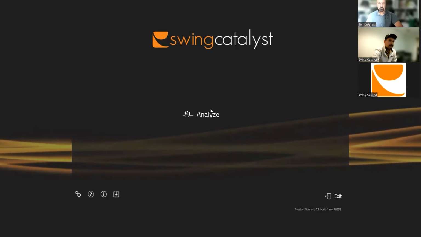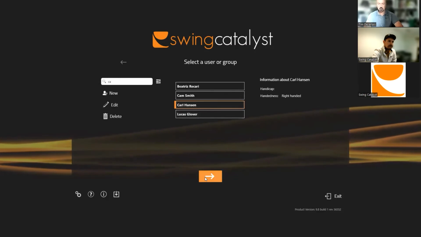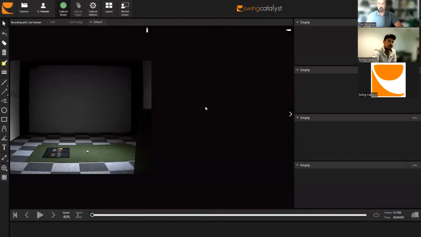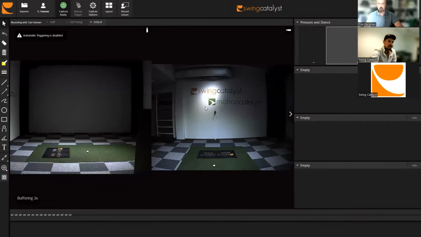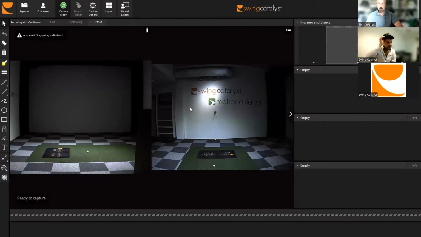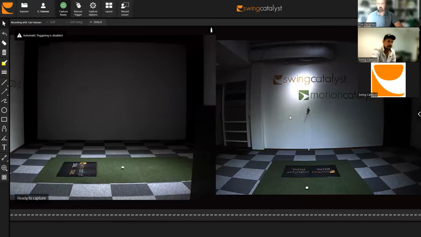Okay, so I'm going to go ahead and hit a shot. This is our test lab and showroom in Norway. I have 4 cameras set up here, but for today I'm just going to use 2. These are our Blackfly S GigE cams at 300 frames per second. We have about 30,000 lumens in this room, and